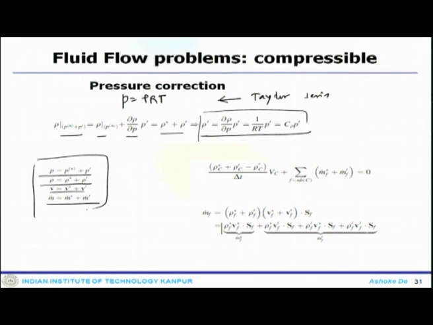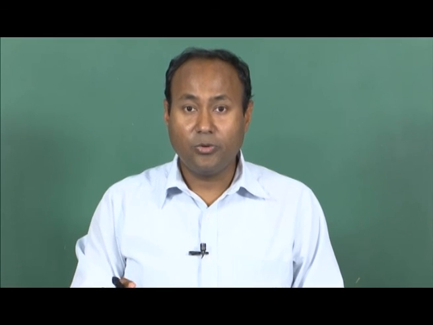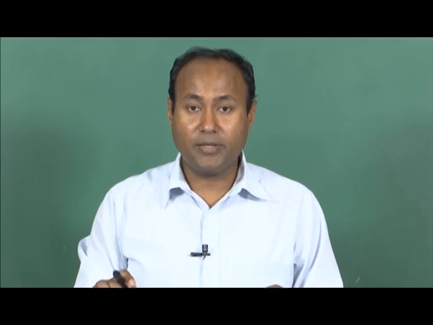When we looked at the incompressible case, we did not bother to look at the corrections of the density. Now, we need the corrections of the density and all this. Then if you put this in the semi-discretized equation, this is how it looks, where the mass flow rate would be rho f star plus rho f prime, Bf star plus Bf prime, which boils down to 2 quantities. The second correction term is usually neglected, and then we obtain the detailed correction term. Now, we will stop here today, and in the last lecture we will see how we derive the pressure correction equation. Thank you.